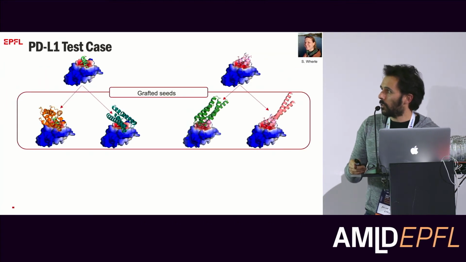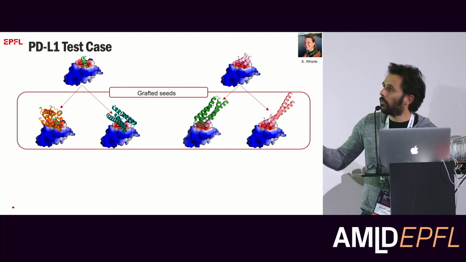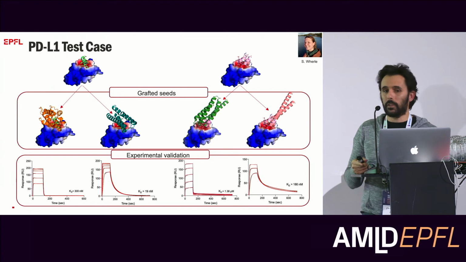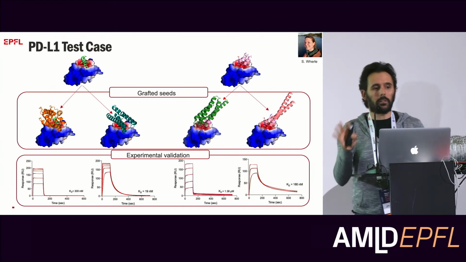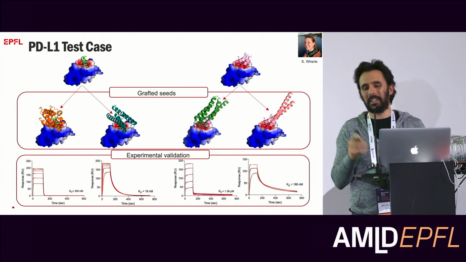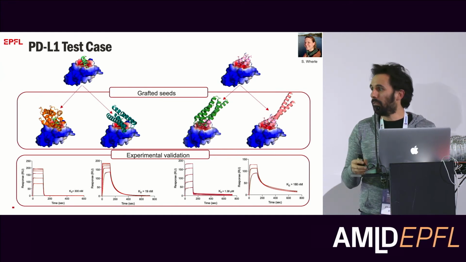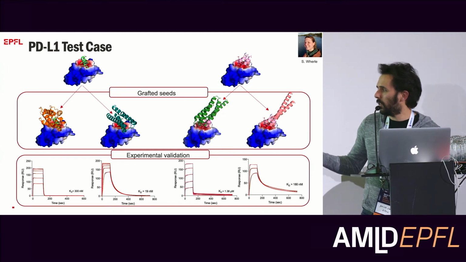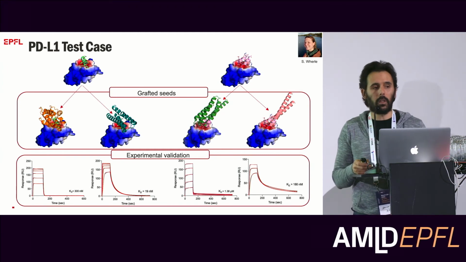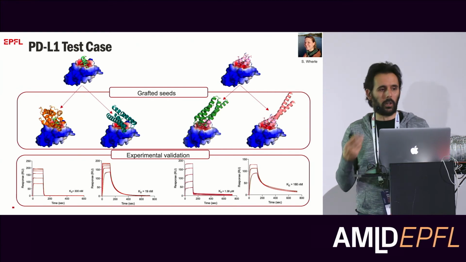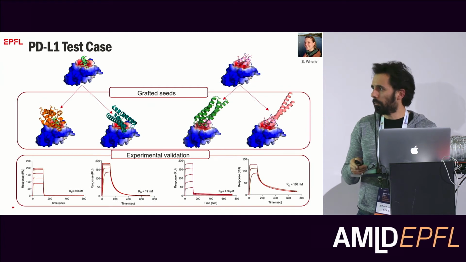Now, how do these things actually look when we were in the computer? The way that they looked is we started having motifs that look like this and motifs that look like that. We then transplant them to different proteins. Ultimately, we made these proteins, and we did one experiment, which I'm not going to explain in super detail, but let's just say we can check if these proteins bind in vitro. What you see here is essentially numbers reporting the strength of this binding interaction. Oftentimes what you are looking for is proteins that bind very tightly.